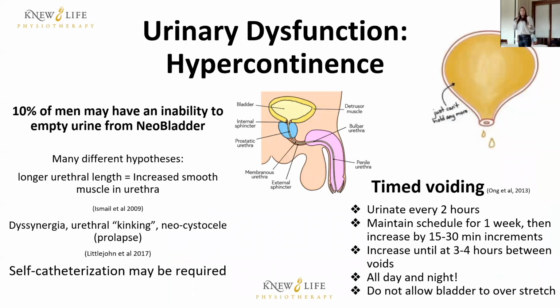So the other type of urinary dysfunction is your hypercontinence. And this situation here is incredibly important to make sure that we are maintaining a timed voiding schedule. This ends up happening because the neobladder overstretches, and it's no longer a muscular structure, right? The bladder, in its natural form, is a muscle that contracts. But because we don't have that capacity here, if we don't follow this timed voiding schedule, that bladder will overstretch,